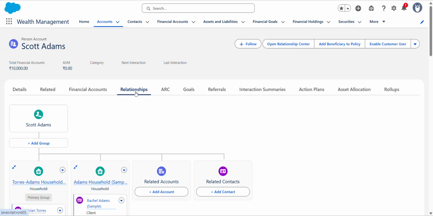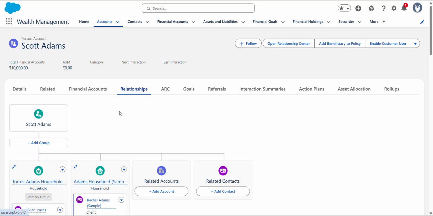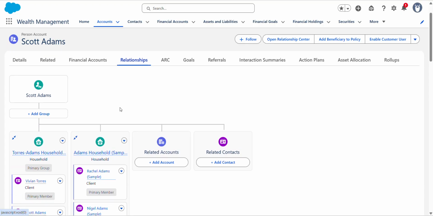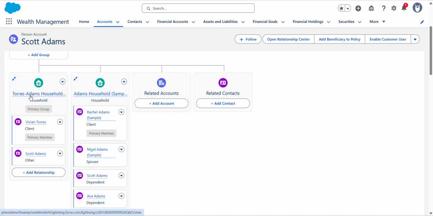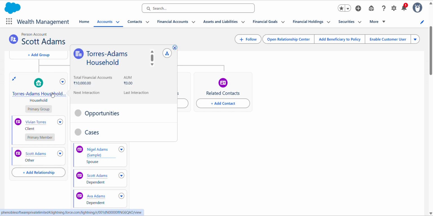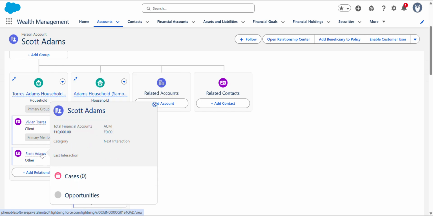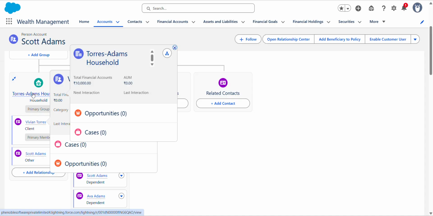And if you notice, Scott Adams is also a member of Taurus Adams household, right? So here you can see the Taurus Adams household. Scott Adams is also a member of this household, right?